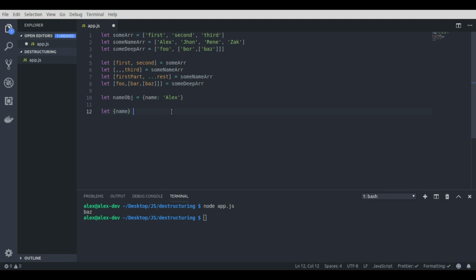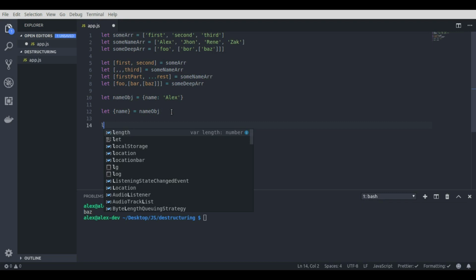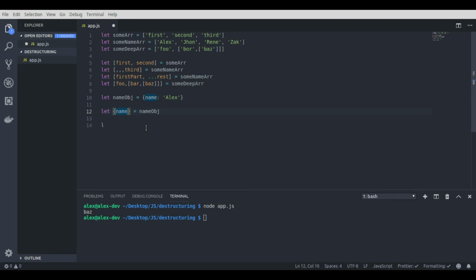Oh, sorry, it's equal to name object. Okay, let me see if we console log this one. Actually, this one has to be the first name here, because we don't want exactly that, what we want is to take it from here. So we say,